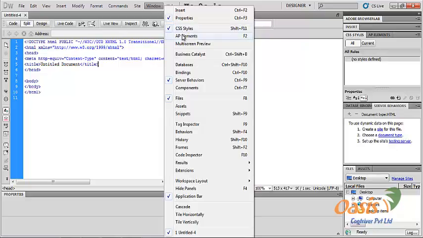It opens the AP elements panel and its shortcut key is F2. Business Catalyst. It opens the Business Catalyst panel and its shortcut key is Ctrl plus Shift plus B. Database. It opens the database panel so you can work on any dynamic website and its shortcut key is Ctrl plus